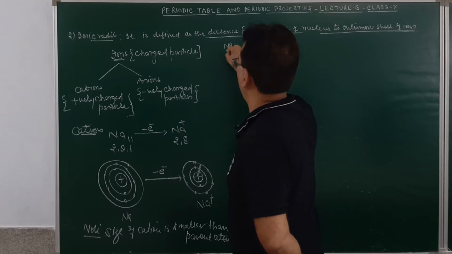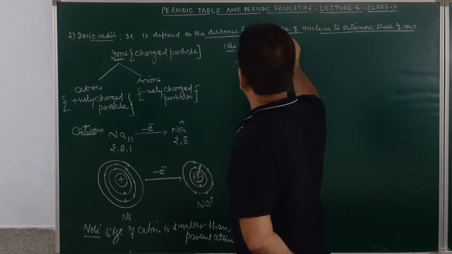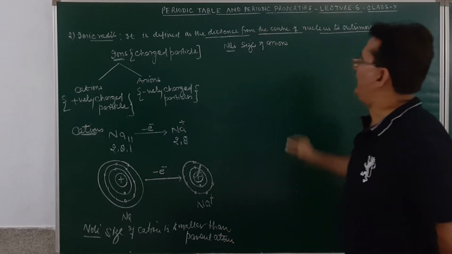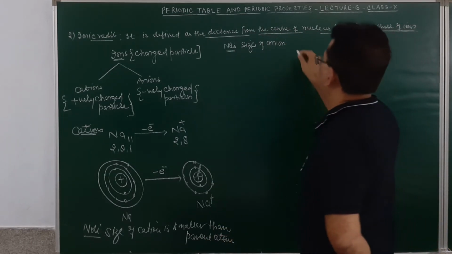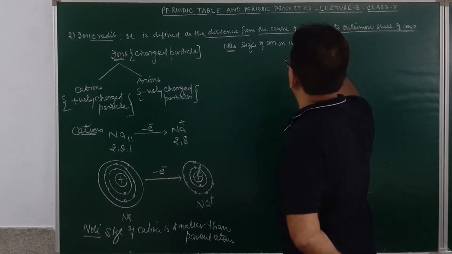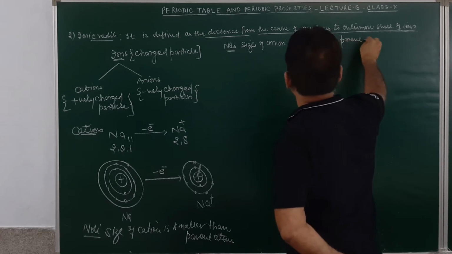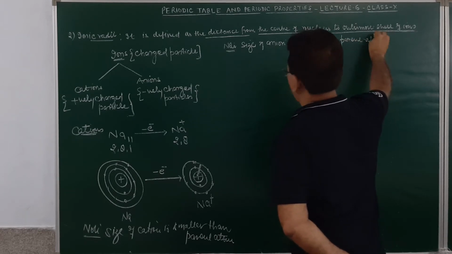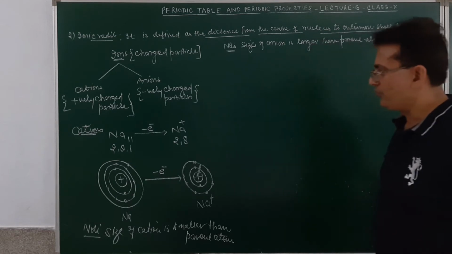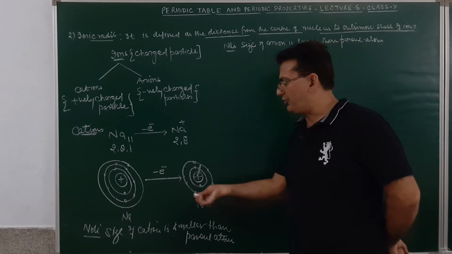As another note, you may remember this. Size of anion is larger than the parent atom. Larger than parent atom. Am I clear? But firstly, before I discuss this, if someone asks you why the size of cation is smaller than the parent